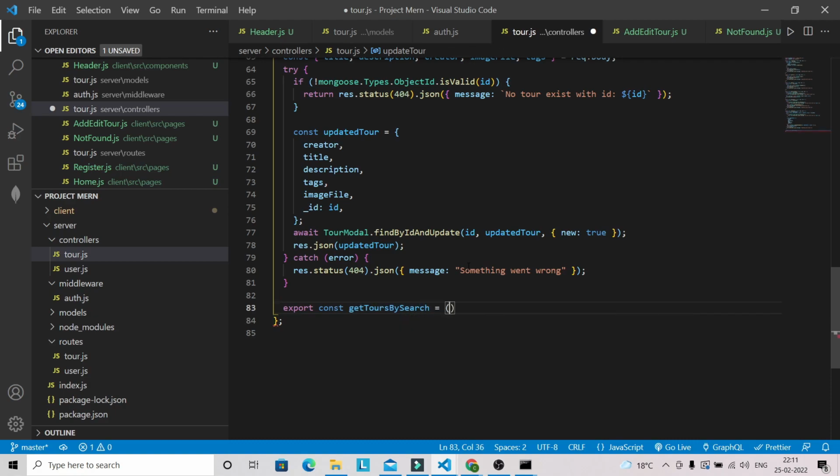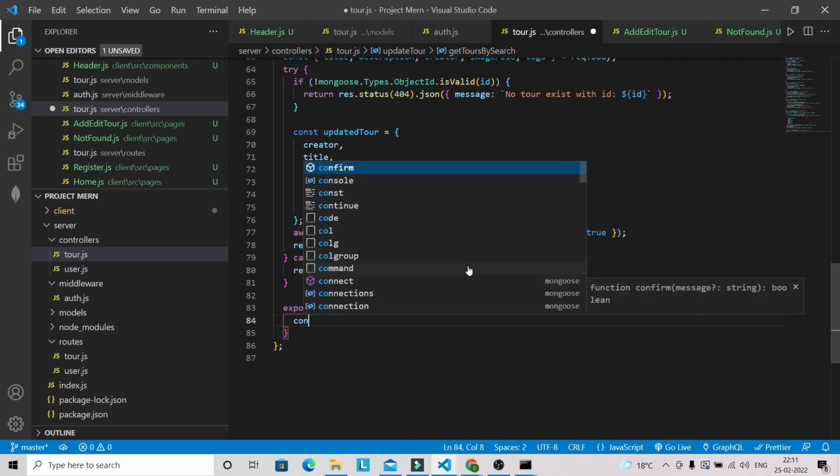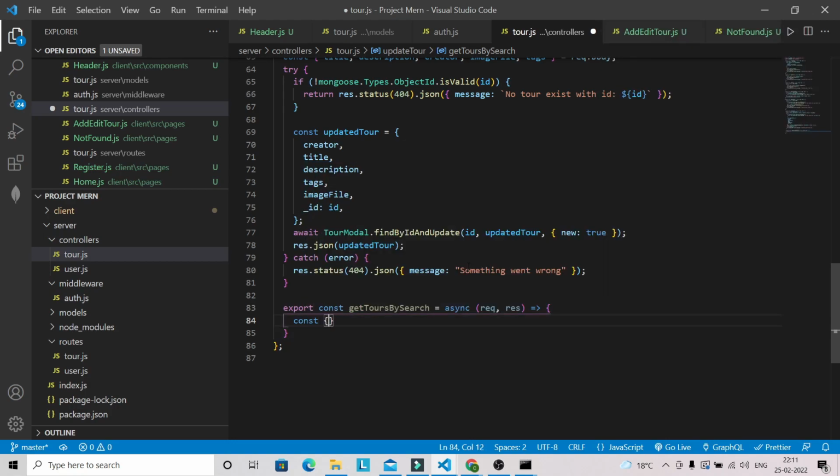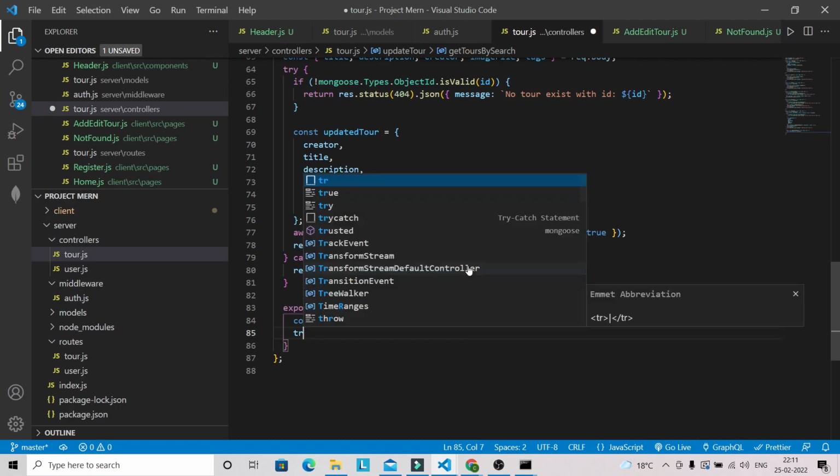Okay, so it will be async, and it's going to have request and response. We are going to receive a search query from request.query. So from request.query we are going to receive our search query. Okay, search query. And after that, let's use a try catch,